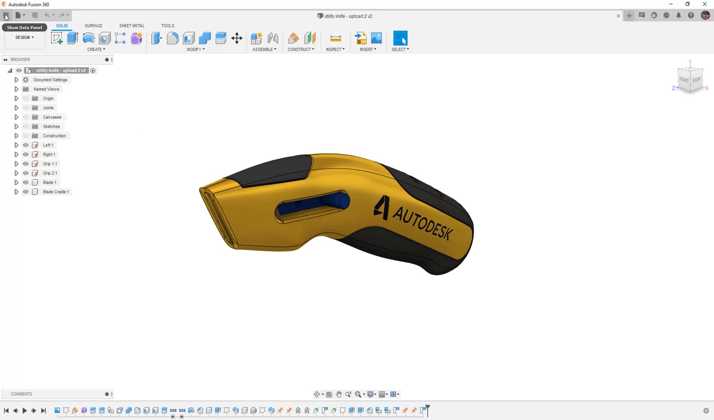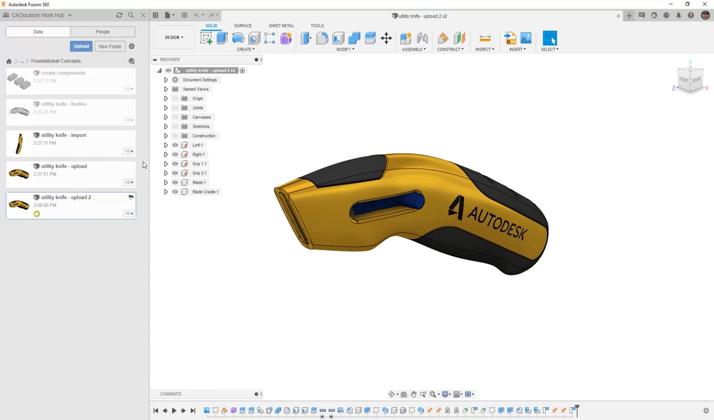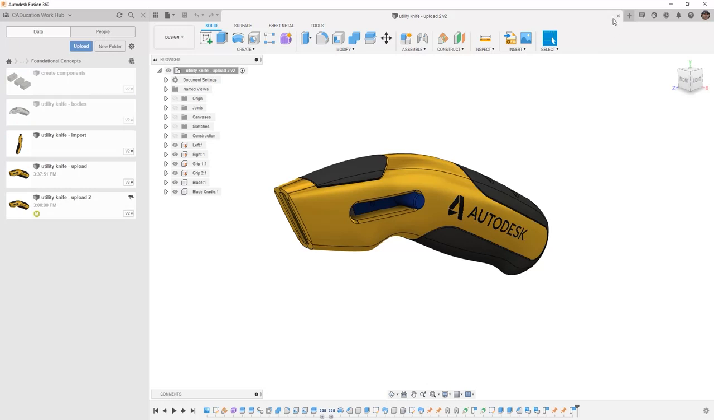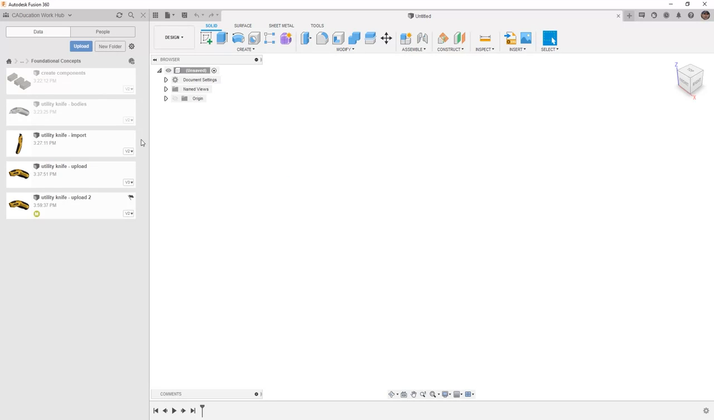Now what I'd like to do is take a look at moving this from project to project or from folder to folder. In order to do this, I'm going to go back to the top level of my 21 Intro to Design for Manufacture, and I'm going to create a test folder. Back inside of my foundational concepts, I'm going to close the utility knife Upload To,